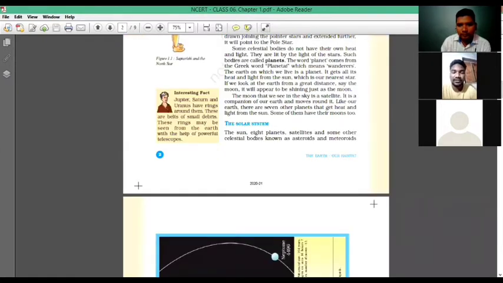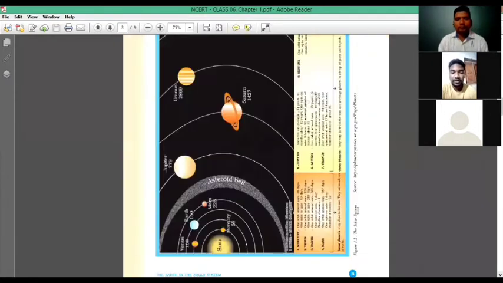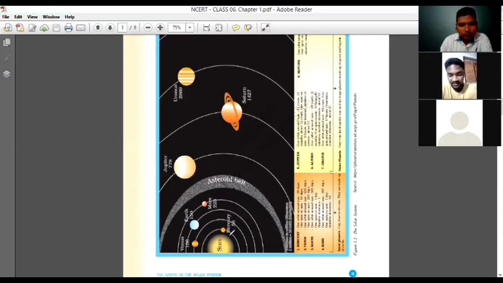Within the solar system, there are different celestial bodies. There are 8 planets. The nearest planet to the Sun is Mercury, then Venus, then Earth, then Mars, then Jupiter, Saturn, Uranus, and Neptune. Earth is the third nearest planet to the Sun, and the largest planet in the solar system is